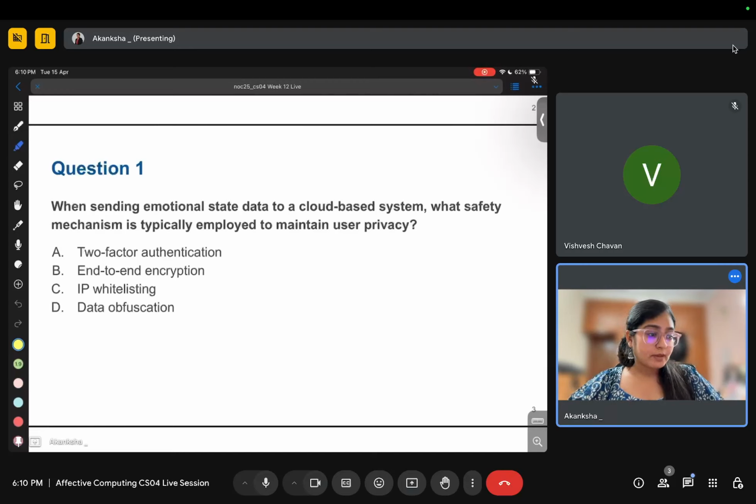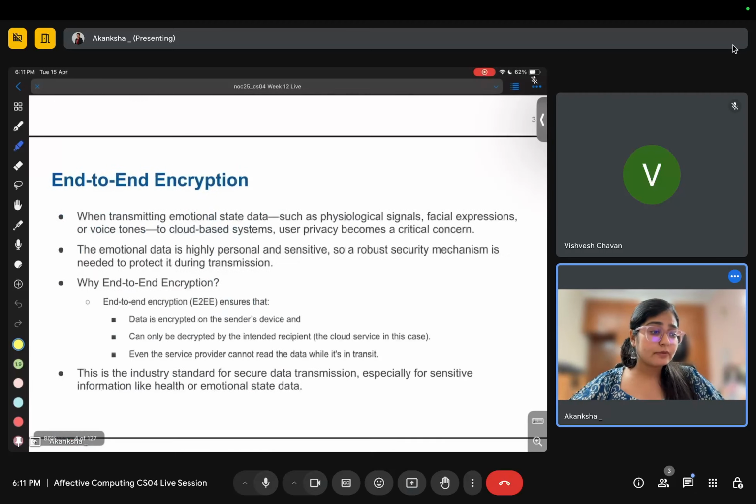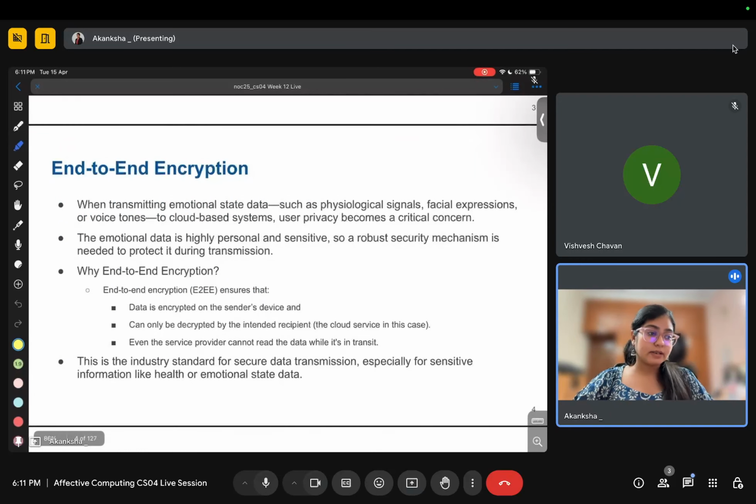Whenever this is emotional state data, but in case of any kind of sensitive data, it might be a medical data, it can be any kind of data, we can use encryption techniques, right?